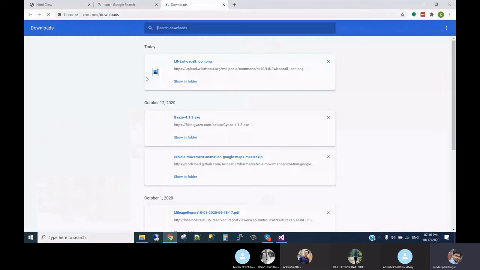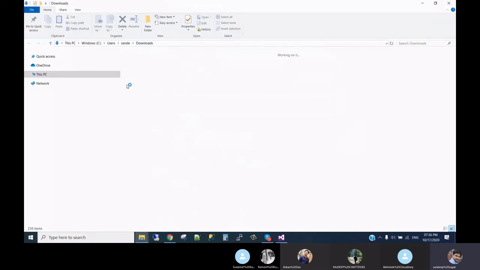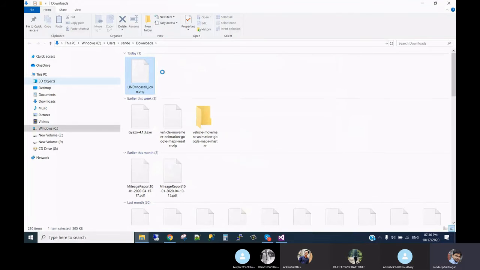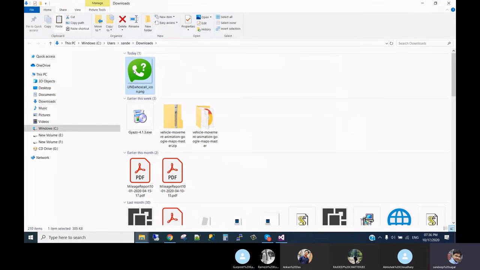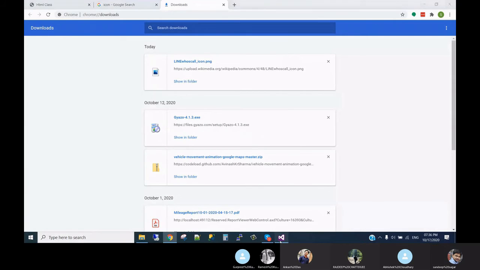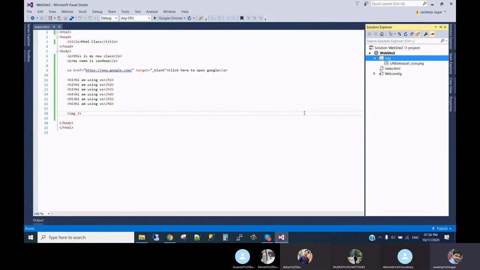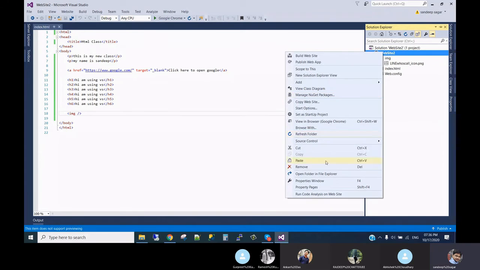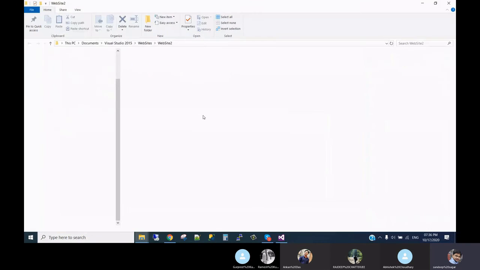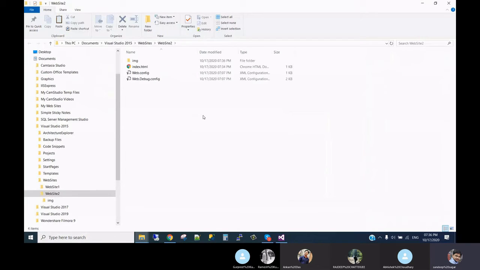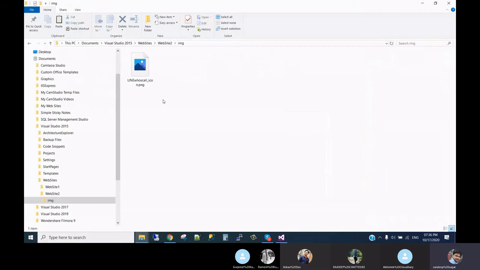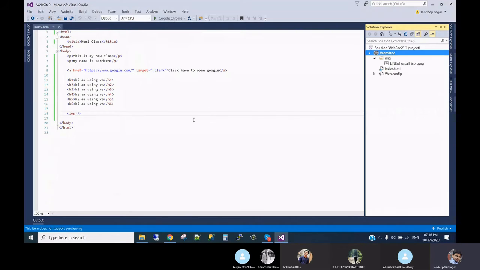Okay, we can directly copy paste this into our project. Paste, or we can open this project wherever you have kept it, in any drive or on the desktop, anywhere, and we can directly paste here anything you want.